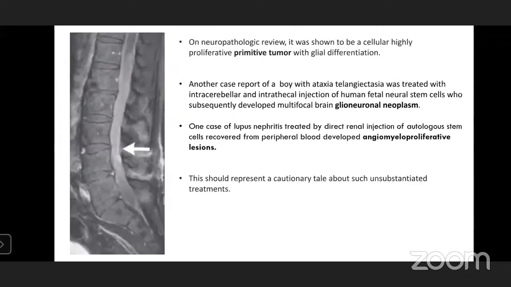So this is the MRI of the patient, which shows a diffuse lumbar intramedullary tumor. On neuropathologic review, it was shown to be a highly cellular proliferative primitive tumor with glial differentiation. There were two other such cases. In one, a boy with ataxia telangiectasia was treated with intracerebellar and intrathecal injection of human